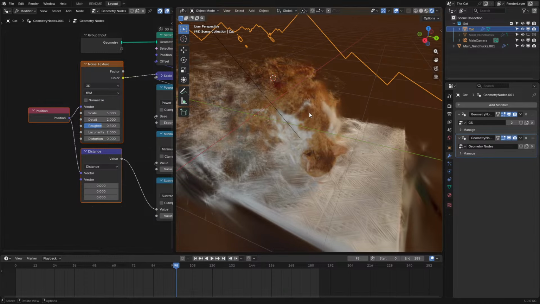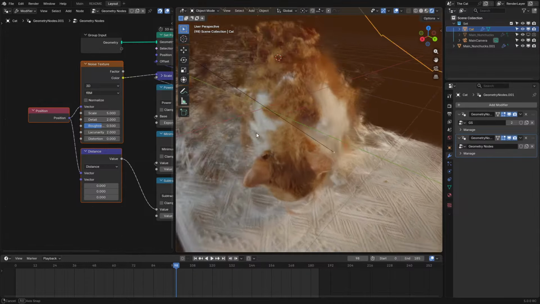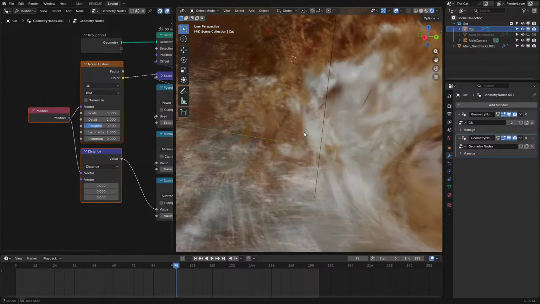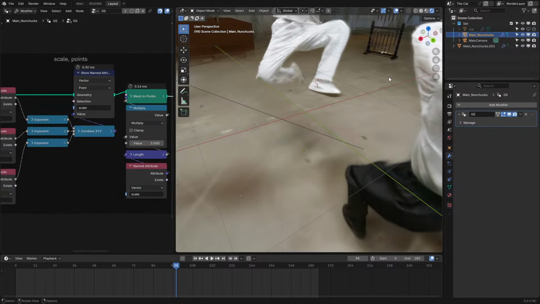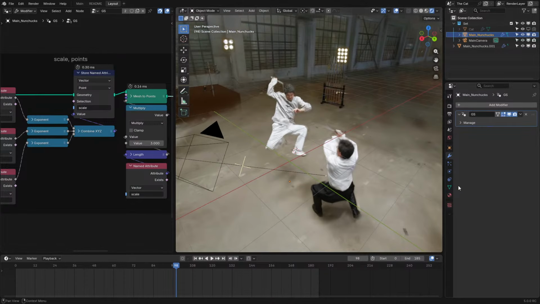So with this, there should be around 170,000 points currently being rendered, which I am surprised is this performant with this many alpha layers. Now, if we were to go to Cycles, that would be a different story. And also, I got the nunchuck scene in here. Even though with this one,